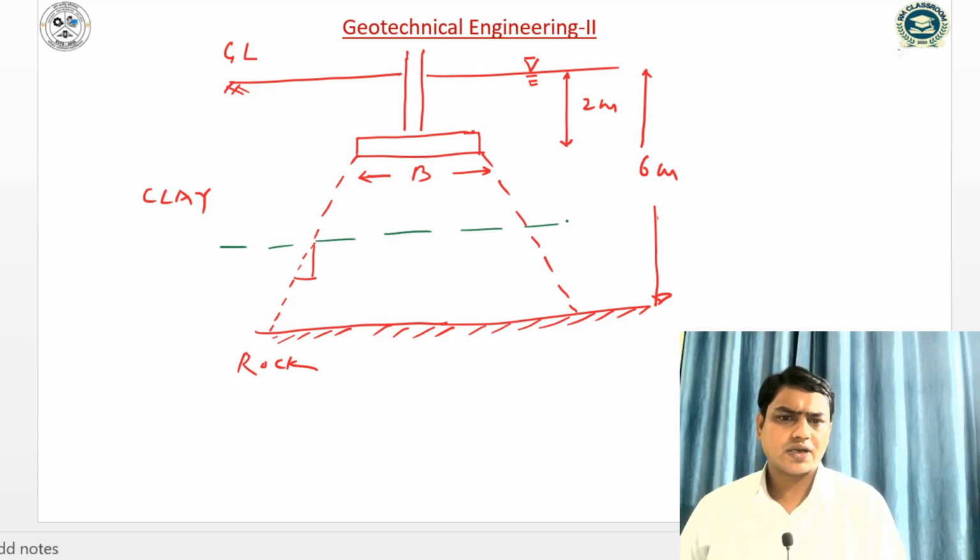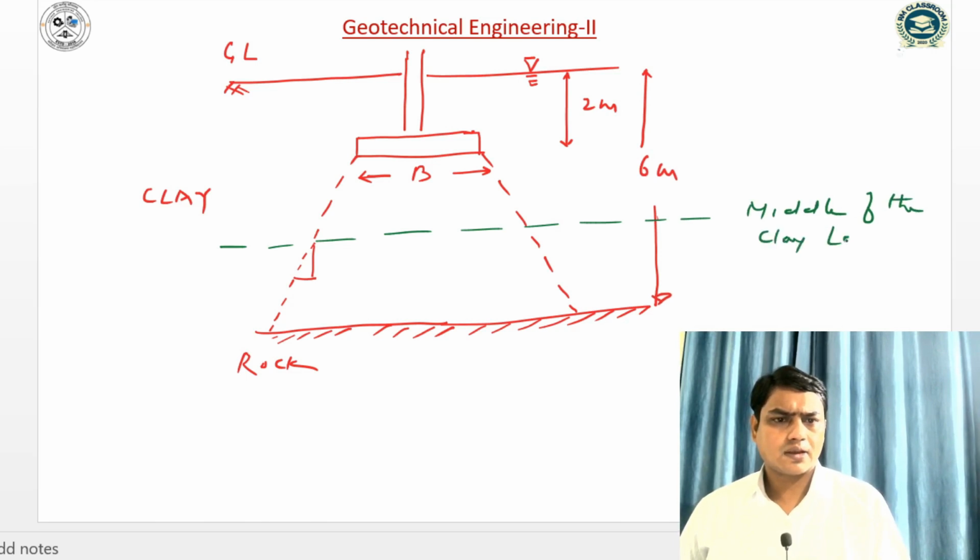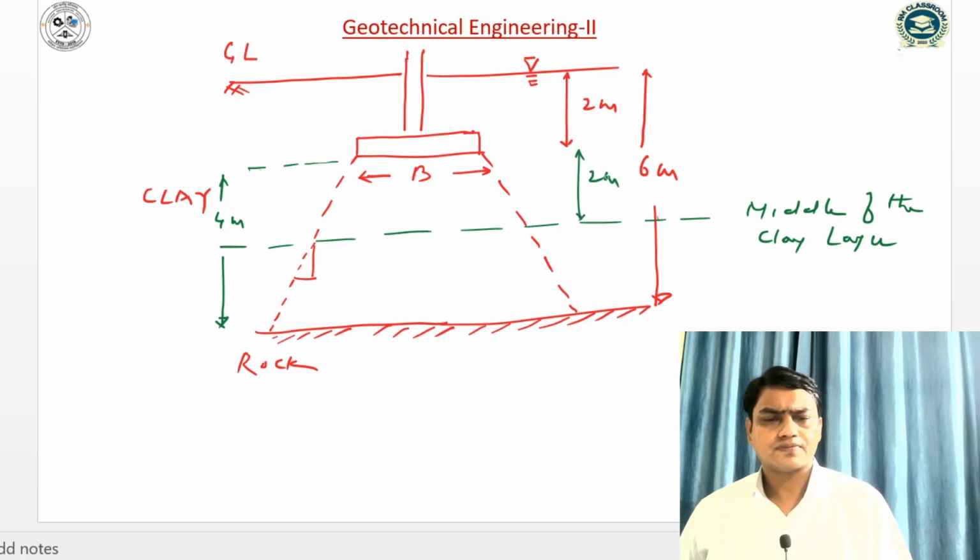So this is the middle of the clay layer. Let us assume middle of the clay layer. So this is 2. So what will be this thickness? So this is 4 meter. So this is 2 meter and this is 2 meter. So sigma 0 dash if I compute,